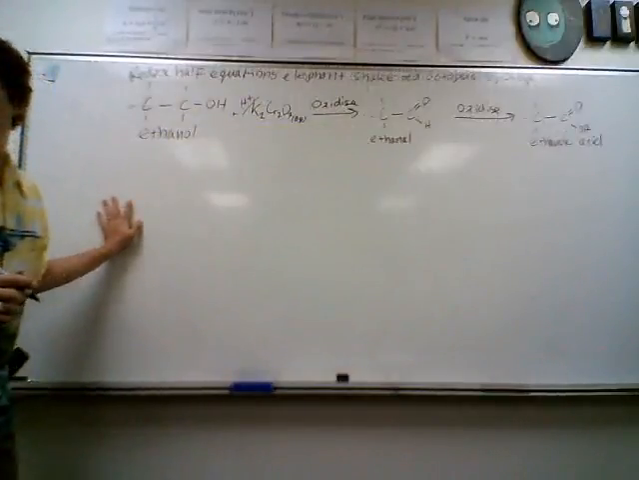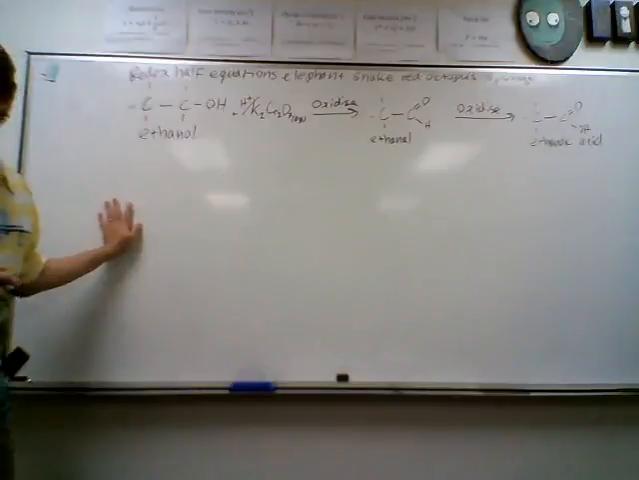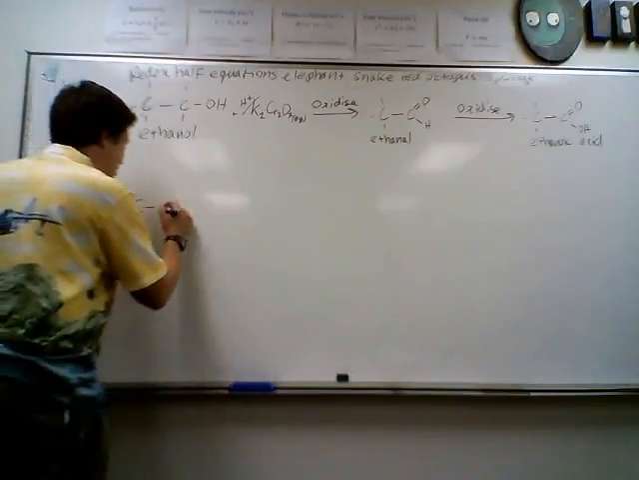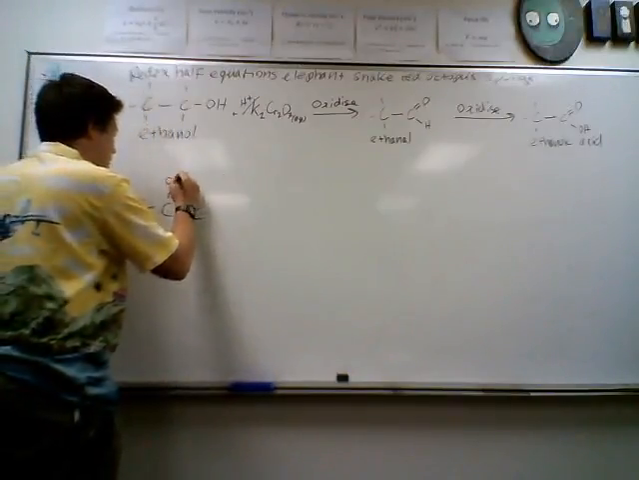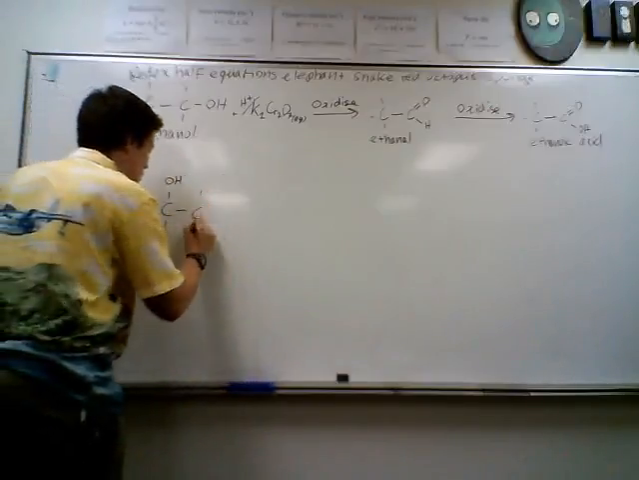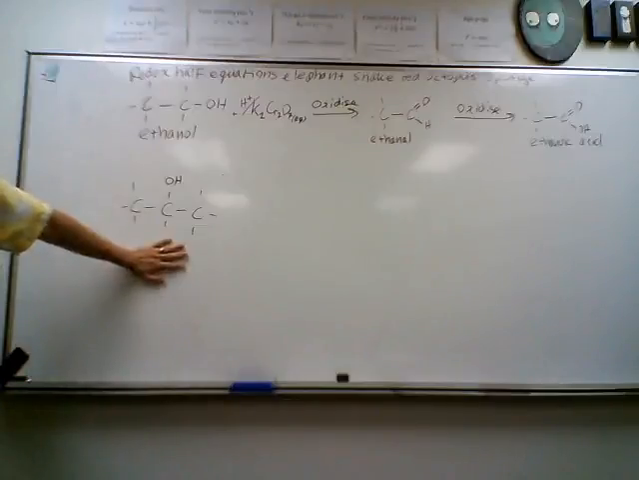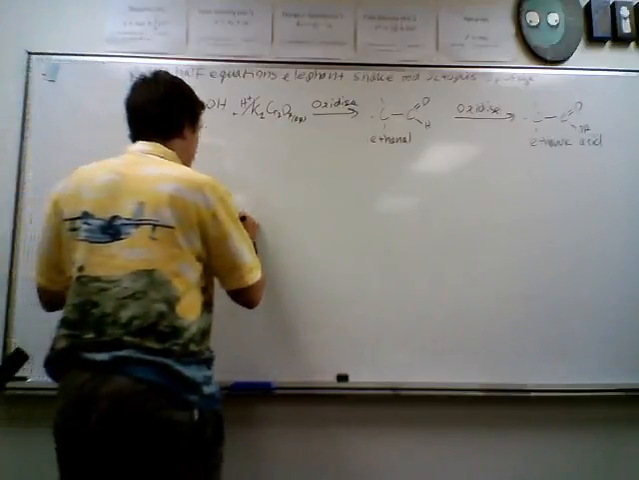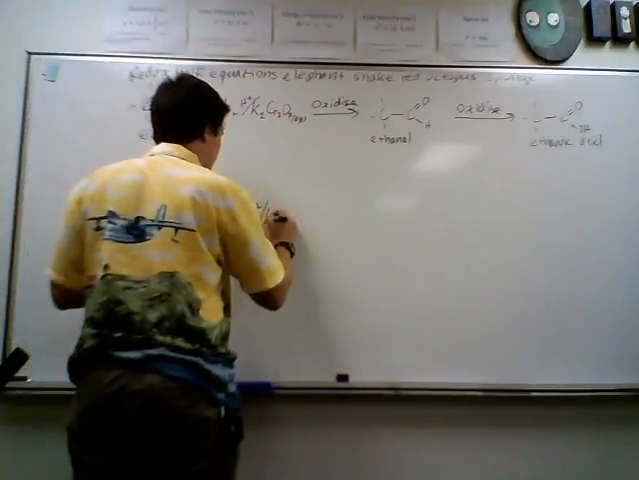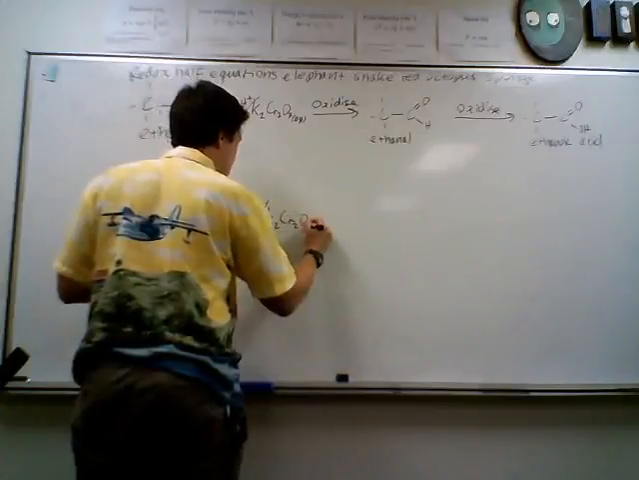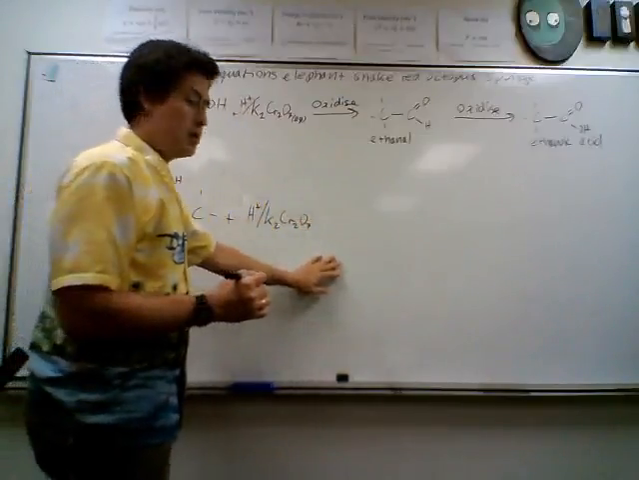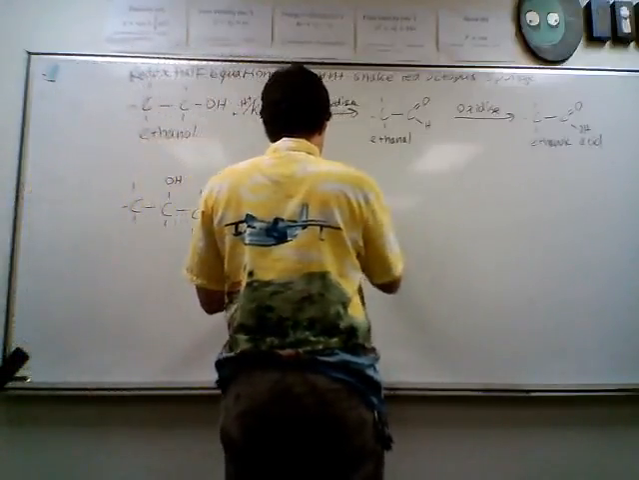Okay. Let's say we had a secondary alcohol. Give me an example of a secondary alcohol. Propanol, good answer. C, bond C, bond C, bond OH. 1, 2, 3, 4, 1, 2, 3. Carbon there. Better. That's a secondary alcohol. Now when you have that, with your H plus and K2Cr2O7, potassium dichromate, you're going to get, through oxidation,